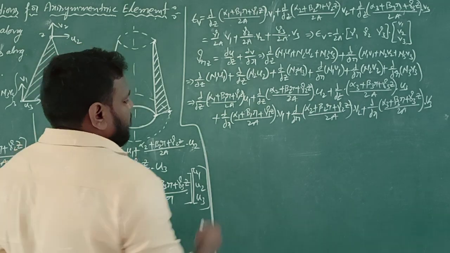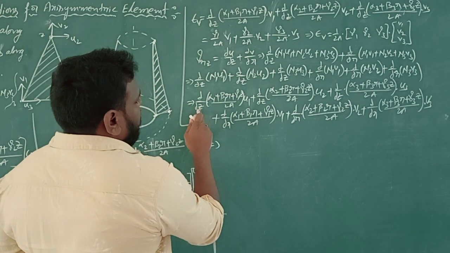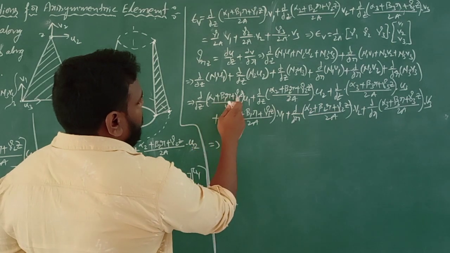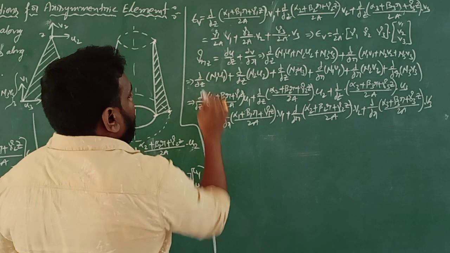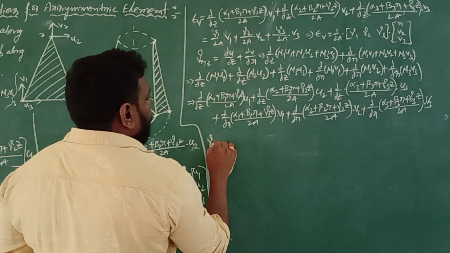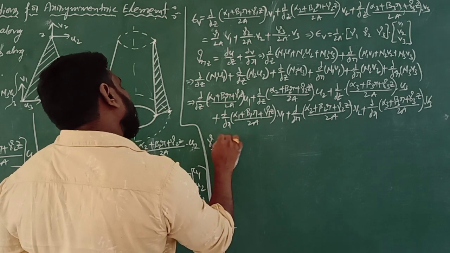So let us differentiate. This one is 0 with respect to z, this one also 0 with respect to z. So I got it like this. So gamma r z is equal to